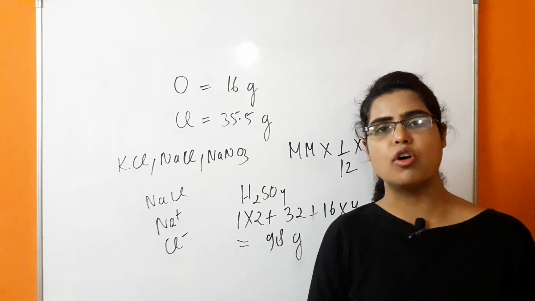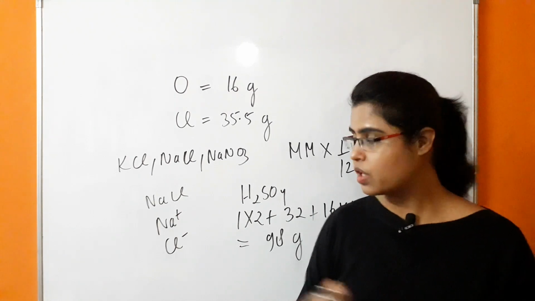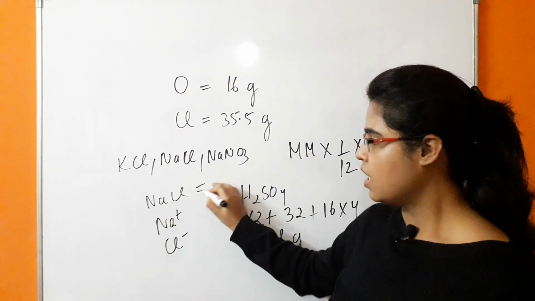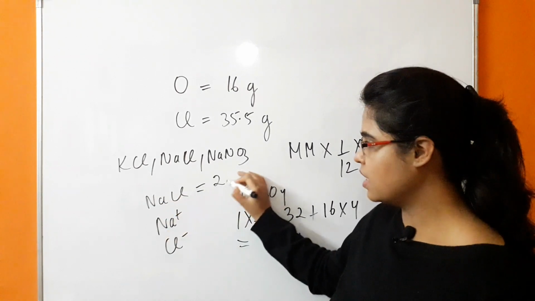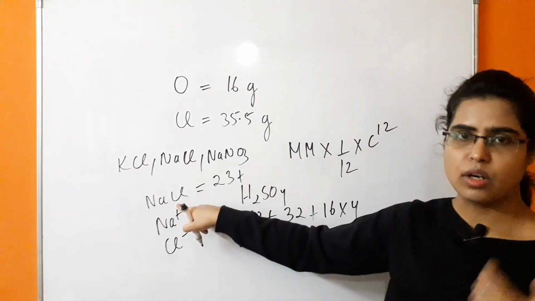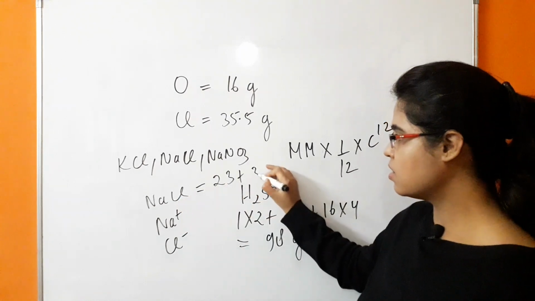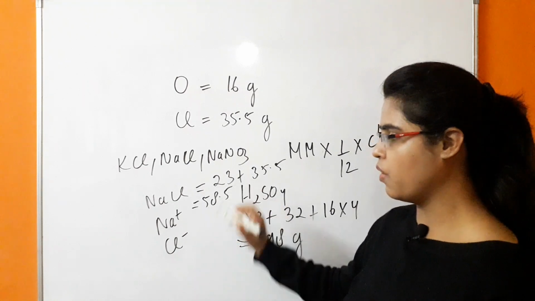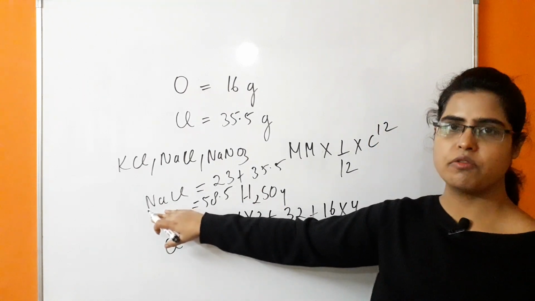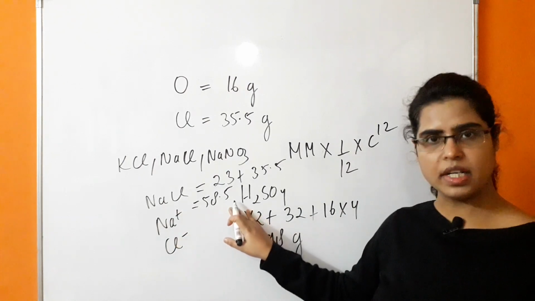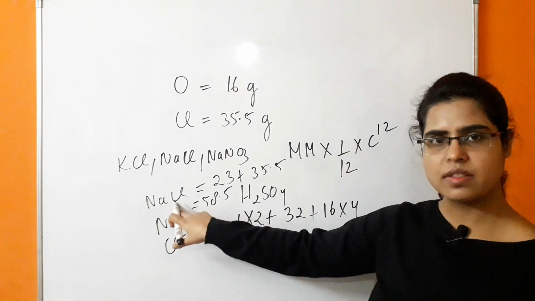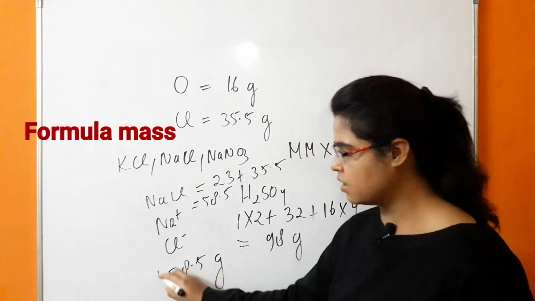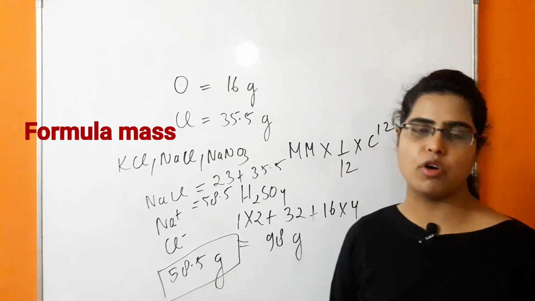They are existing in the form of crystal, ionic crystals. So in this case, the formula mass term is used. In the case of NaCl, the atomic mass of sodium is 23, and we know that the chlorine atom has atomic mass 35.5, which on addition gives 58.5. So the formula mass of NaCl is 58.5. If we express the mass of this NaCl in grams as 58.5 gram, then this will be known as the gram formula mass.